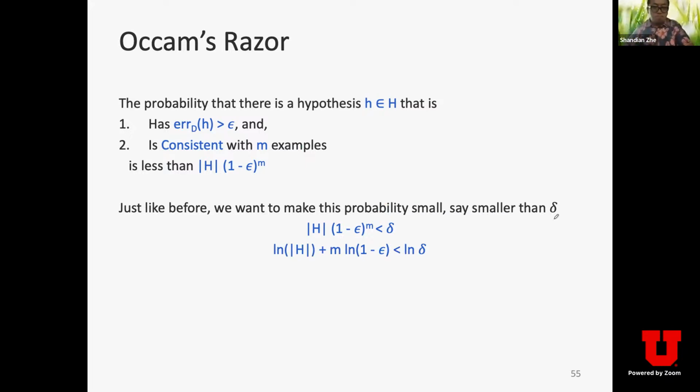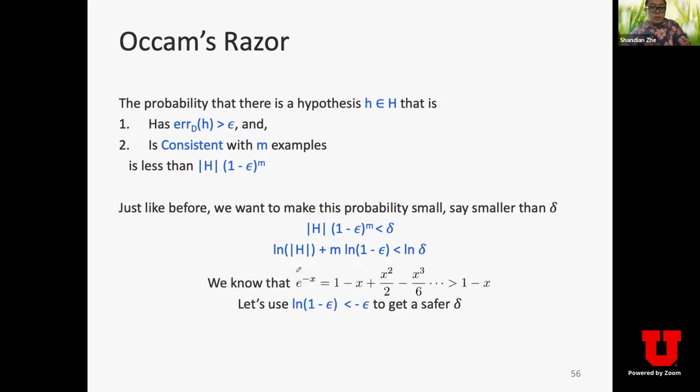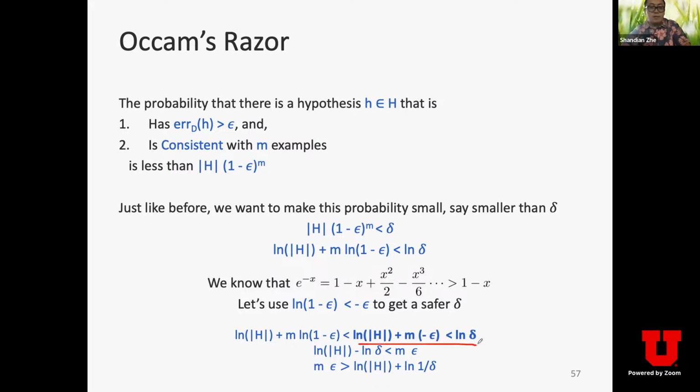So here we take logarithm on both sides. Log size of hypothesis space H plus M times logarithm (1 minus epsilon) less than log delta. And here we're going to use a known inequality, that is, logarithm (1 minus epsilon) is less than minus epsilon. So just substitute into that, and you get: logarithm of size H plus M times logarithm (1 minus epsilon) less than logarithm of size H plus M times minus epsilon. Now I further solve this upper bound less than logarithm delta, and then do some simple